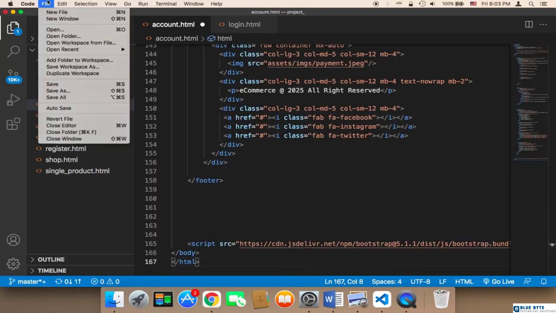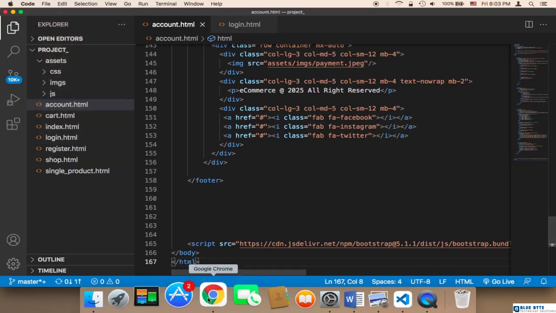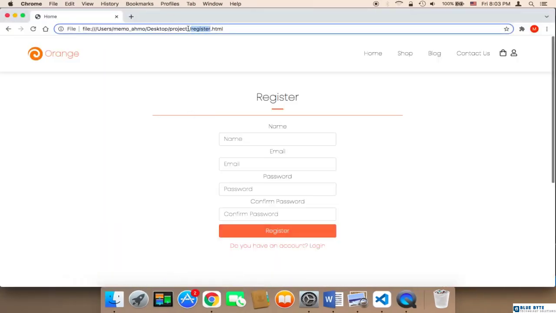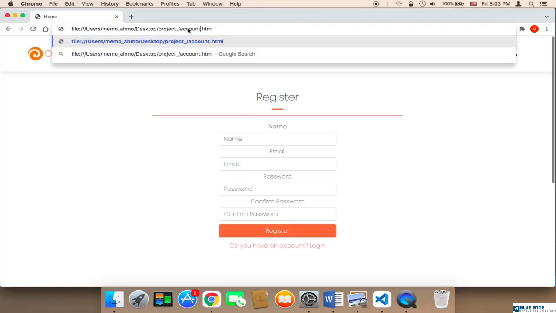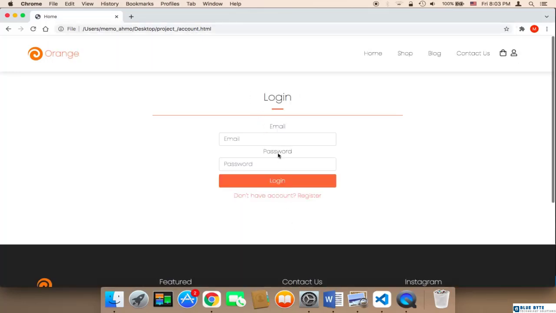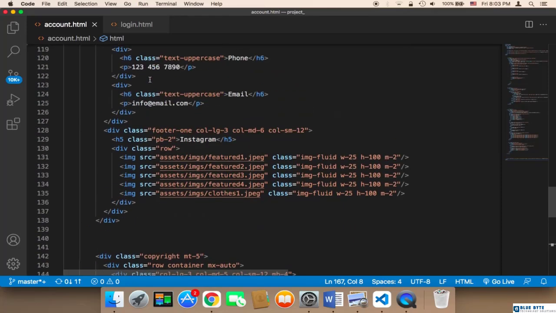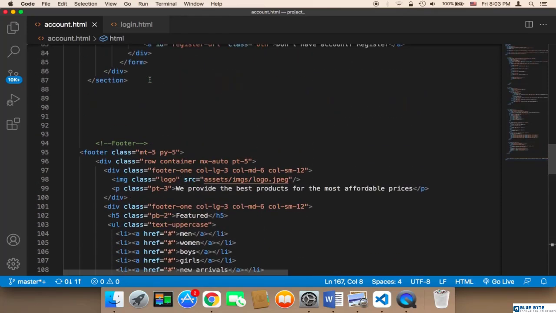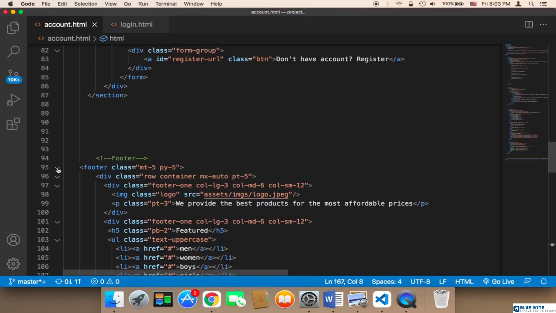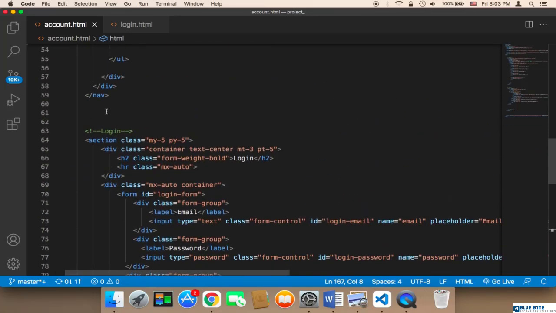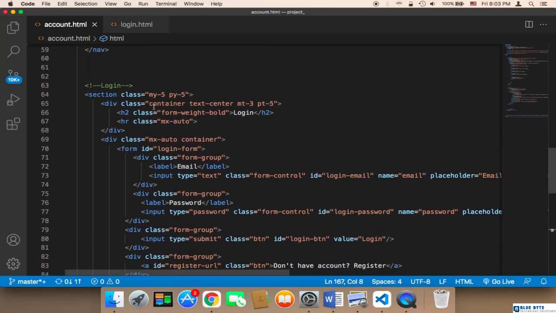So let me first save and let's go to the account page. Now I'm gonna say account.html and it's gonna display the login page. So we need now to work on the account page. First I'm gonna remove the content from the account page. So here from the account page we have this area that says